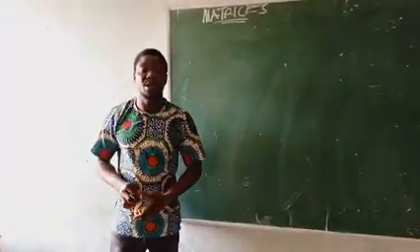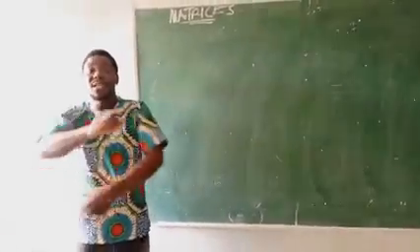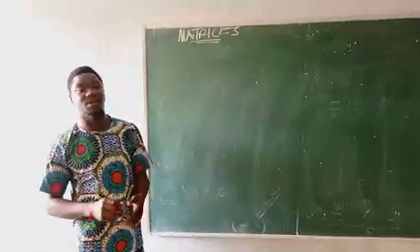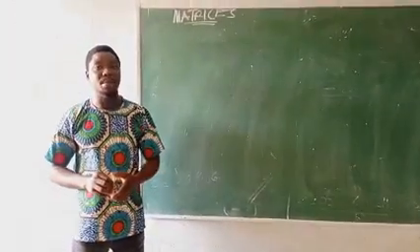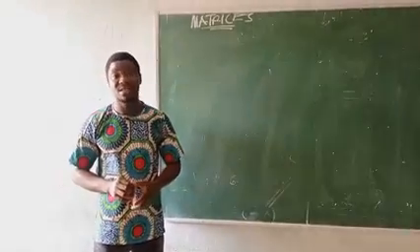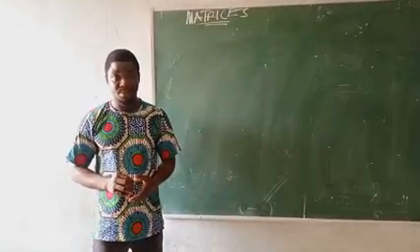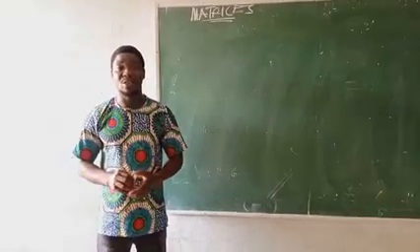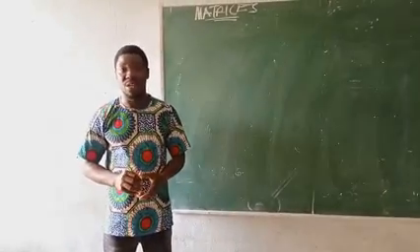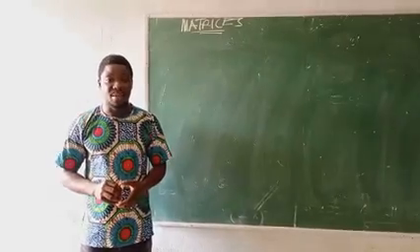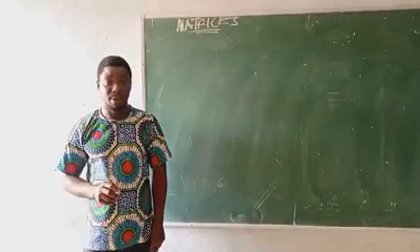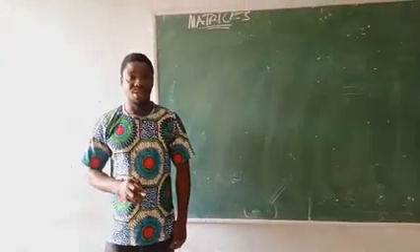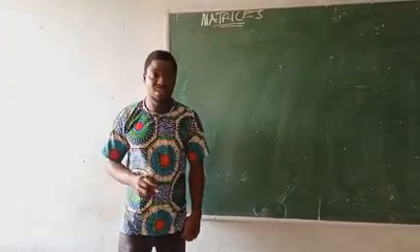Okay, when you talk about a matrix, it simply means the arrangement of elements, or rather the arrangement of numbers, in rows and columns, or simply the arrangement of numbers in an array. Now, matrices are normally represented with a capital letter, while each element is represented with small letters or numbers. Examples of matrices are given as